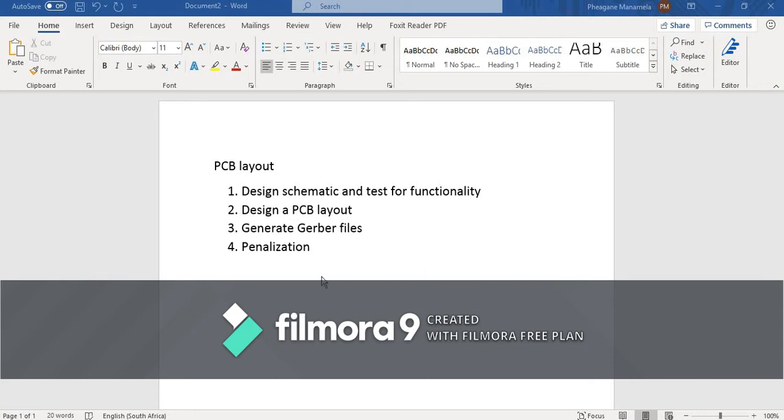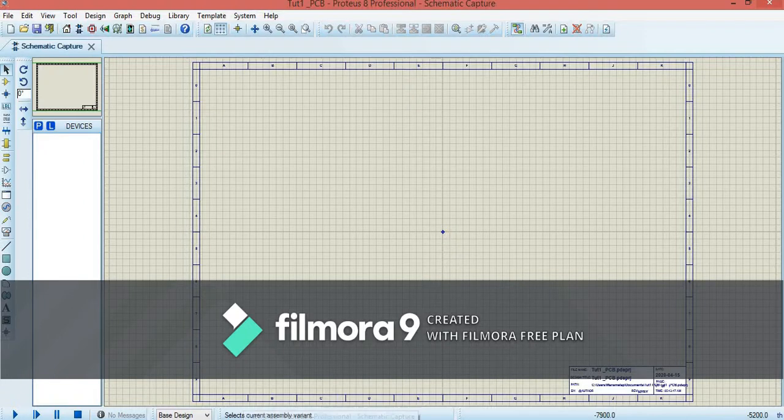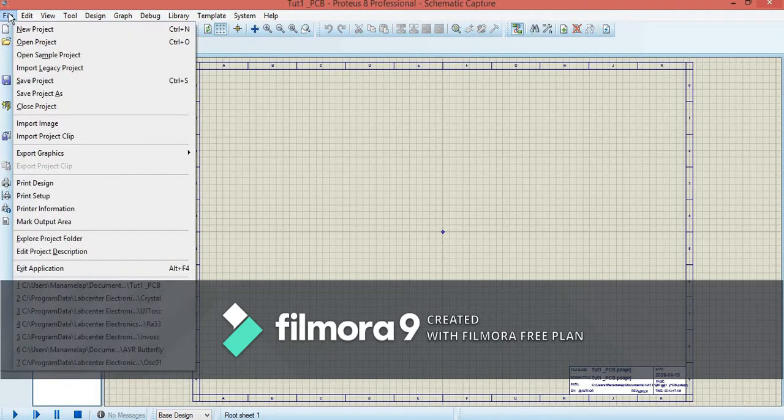Now the software that we're going to use is called Proteus. The version that I use is Proteus 8.6. Now let's start from the beginning of how you create a new project. To create a new project, you go to File, New Project,